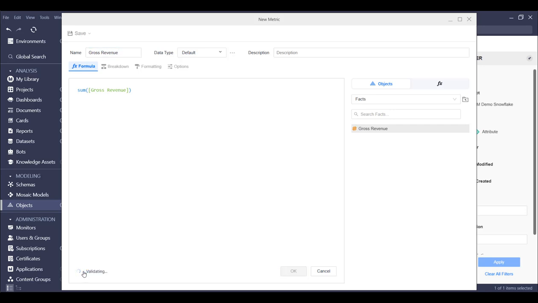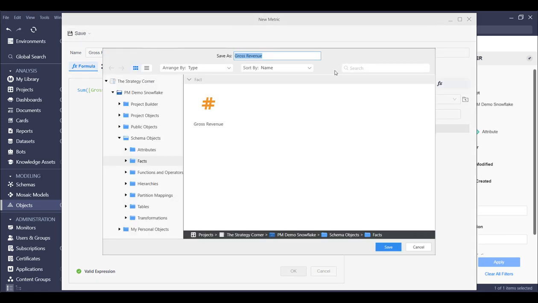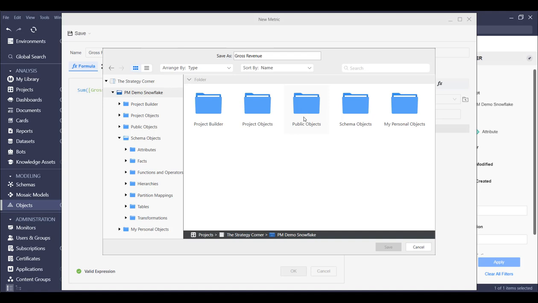So let me click validate button below here. That's it, that's saved. Let me click OK. And let me go ahead and click the save button. All right, this one, again, I'm not saving a metric in the facts folder, not either in the schema objects folder. I need to go back to my project, PM demo Snowflake, and inside of the public objects folder, I